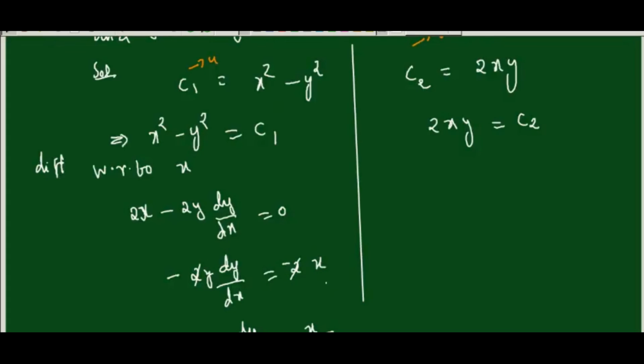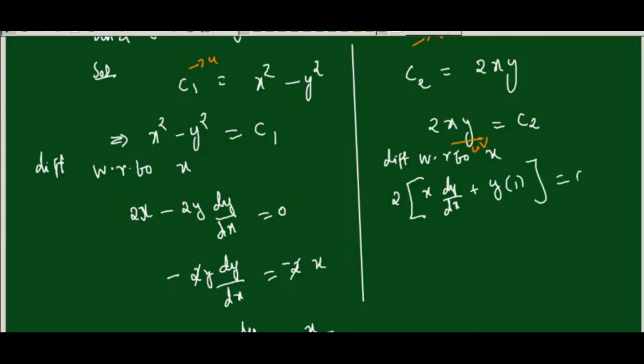Similarly, the next one I'm going to do with respect to x. The same equation, differentiate with respect to x. Which method is this? It is xy now, so it is the UV method. You have to follow the UV rule. That is 2 times: keep x as it is, y differentiation is dy by dx, and y as it is, x differentiation is 1, and constant differentiation is 0.